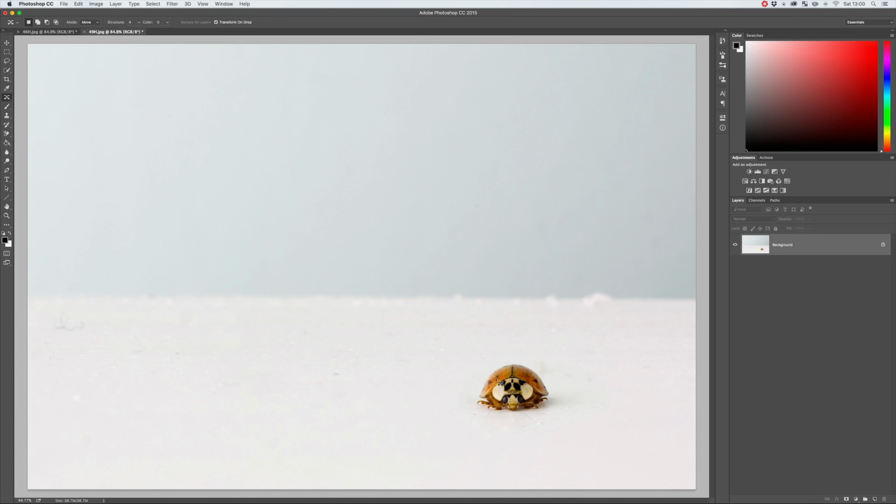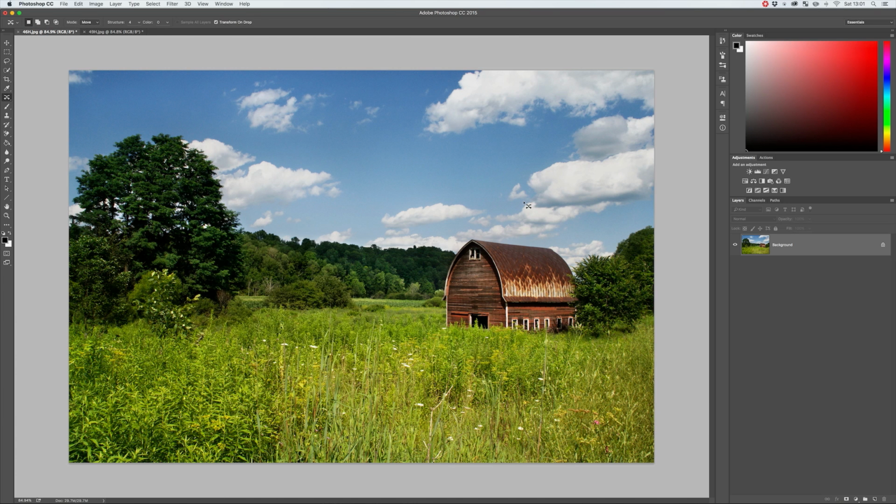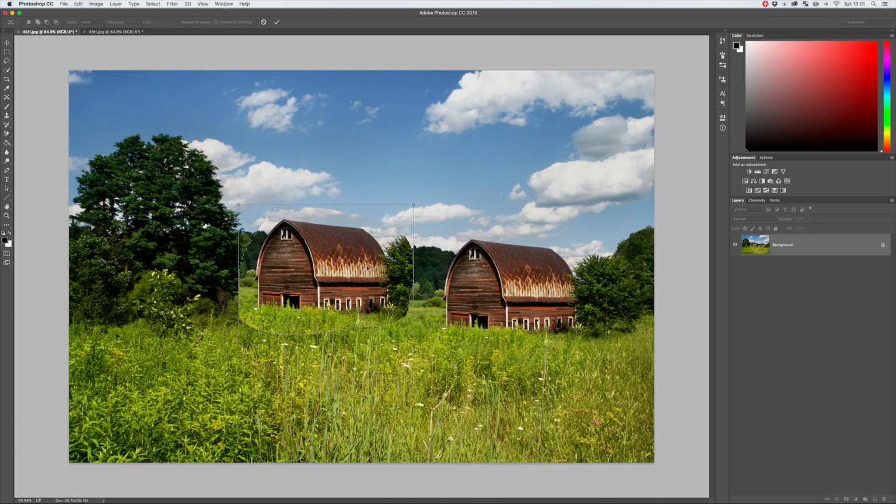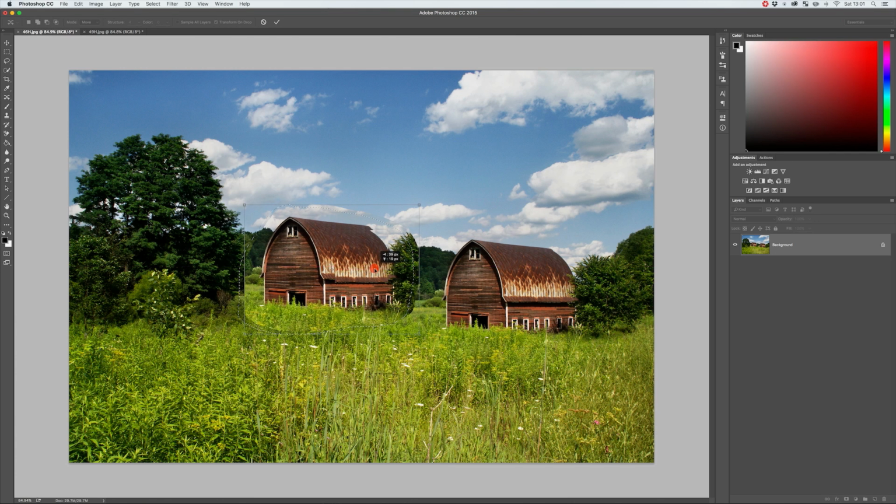Now, this is obviously a very simple example. We've got a very clean, simple background with a single object that we want to move, but it will also work in slightly more difficult situations. So in this case, if we wanted to move this barn over, we could still do that. So I'm going to go ahead and draw a rough selection around this barn, and we'll grab some of that tree as well, and we'll go ahead and move it over here. I'm going to try and line it up on this side with those trees just to make it a little bit easier for Photoshop to do. And now I'm going to hit enter